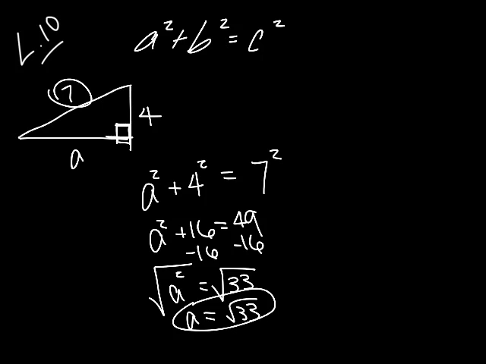So that means that in this particular triangle, if this is 4 and this is 7, this length here is the square root of 33, which is somewhere between 5 and 6, closer to 6 probably, because 6 times 6 is 36, 5 times 5 is 25, and 33 is closer to 36. So anyway, if you look at example 10.2,